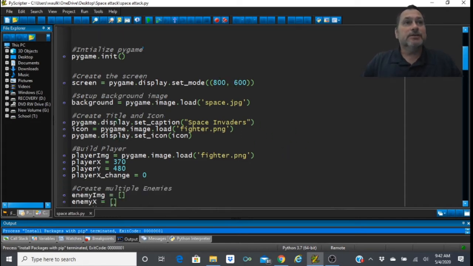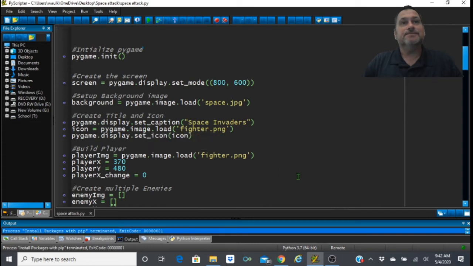So the next thing we're going to do is create a title and icon. Up in the left hand corner of that screen for the game, it had a little picture of a fighter on it. Okay, and then there was a caption up there that said Space Invaders beside that little icon. So you're going to use one of your flaticons and put it in the top left corner. Okay, so how we do that is